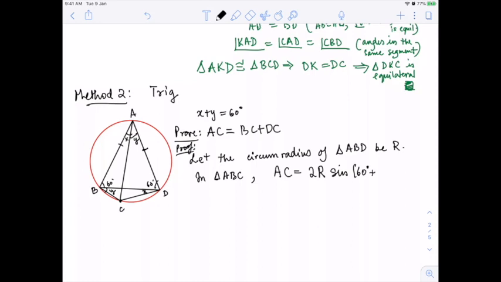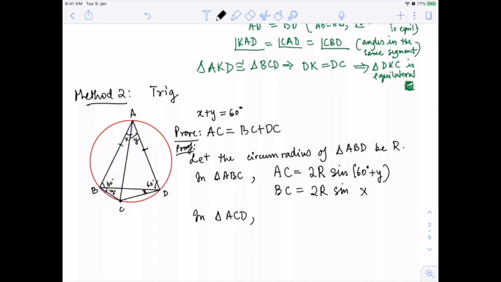In triangle ACD, we could write down, oh by the way, we can already write down, so let's keep this down, we can already write down BC as well here. So BC is 2r sine x, right? As you guys can see, by extended sine rule applied to this particular triangle, we are looking at BC, and the angle opposite to BC is x. Okay? So we can apply 2r sine x.